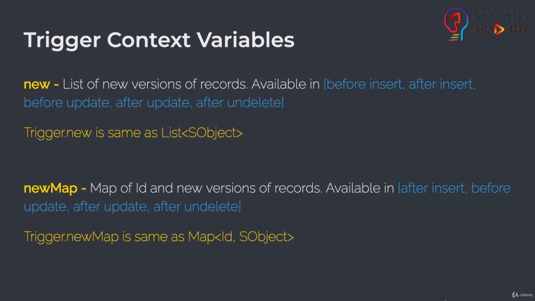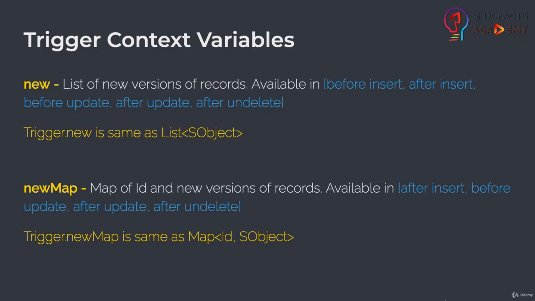Let's continue our journey of learning trigger context variables in this video as well. We are going to learn a few more trigger context variables, and some of these you already know, although we haven't discussed them in detail. The first variable that we are going to discuss is called new, which gives you a list of new versions